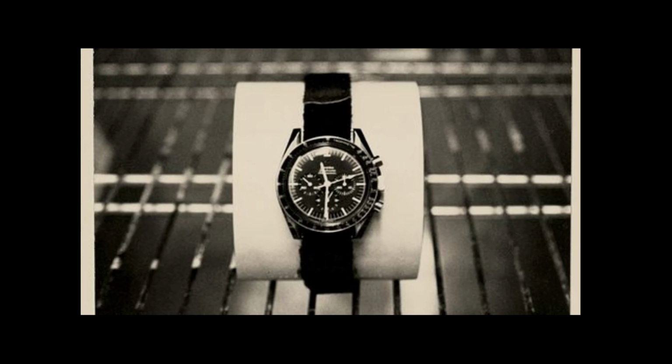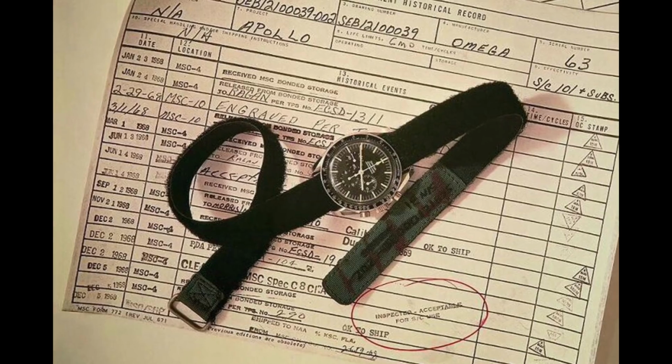So in the early 60s, a man by the name of James Reagan at NASA was tasked with finding a watch worthy of the wrists of the astronauts on the Apollo missions. The 10-point testing system that he came up with was so rigorous that even he didn't believe that any watch would survive. These tests included extremes of temperature, pressure, humidity, and shock. As history would have it, the Omega Speedmaster did last through all the tests and is today what we consider